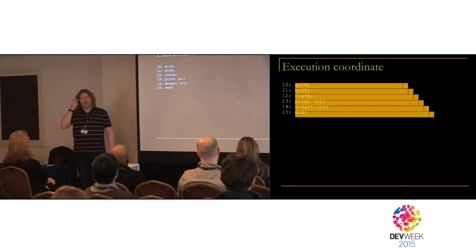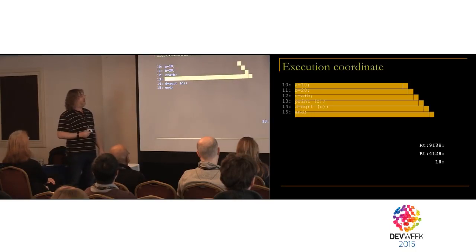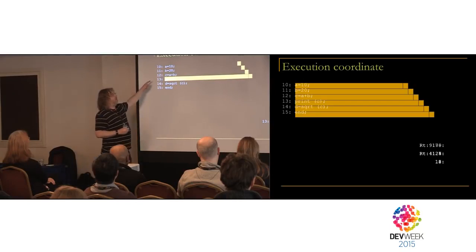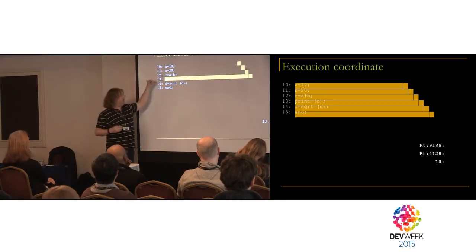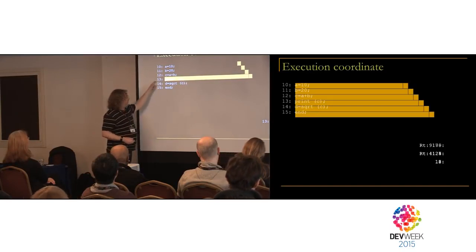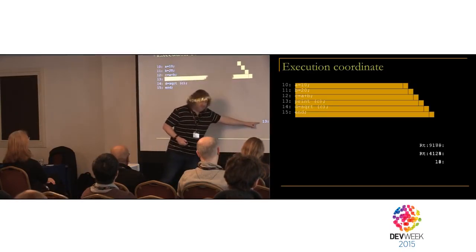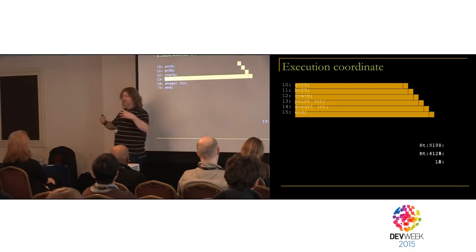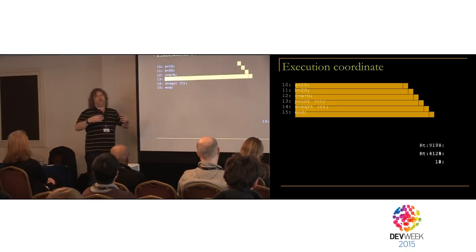Now, I want to explain in a bit more detail what his concept of an execution coordinate was. So we're going to animate this again, and we're going to stop it at line 13. So we've stopped our progress through the program, but we've also stopped our progress through time. We've stopped time. And we can see that we have this sense of being at line 13. So we can say, here is where we are. Here's where we are in space, here's where we are in time. I'm sorry, I know I'm laboring this, but it's important.